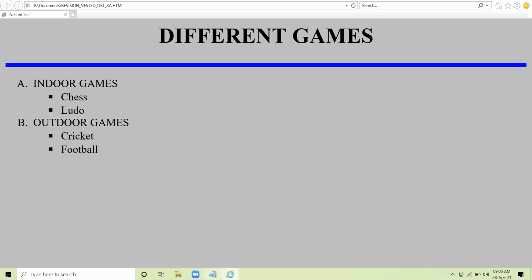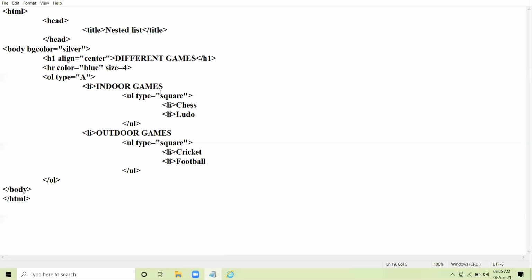All right. Let us include definition list also inside this as nested list. So here I am taking third option, li definitions. Okay.